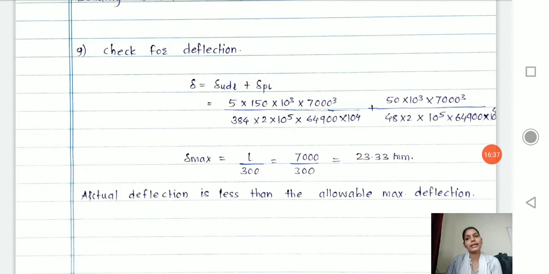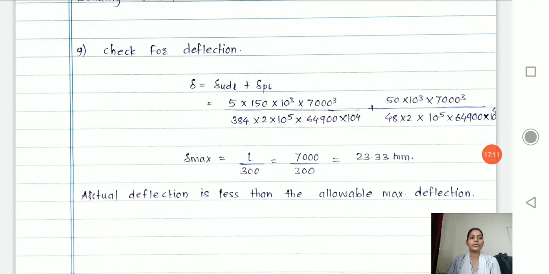Though the strength criterion is the major one, and the one which causes a structure to fail, and we have taken care of it, we still have to take care of the second criterion, which is stated by the limit state of serviceability in the IS code, and which includes deflection, crack width and fire resistance. So for our structure, we at least have to check deflection. Is the deflection within the control or within the limit?